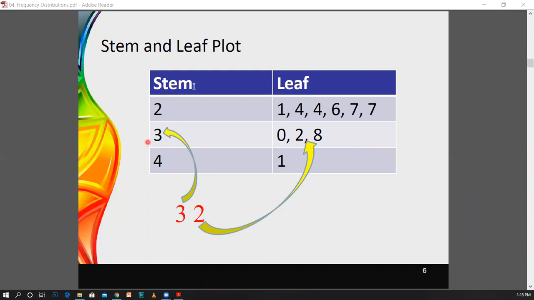And once you have obtained a stem and leaf plot, then you should be able to read the stem and leaf plot. If you consider this example, I have considered stem as 3 and this leaf is 2. Therefore, what you have to do is combine these two numbers here. Stem is 3, leaf is 2, means 3 and 2. Therefore, we can say it is the value 32. This is how we read a value from the stem and leaf plot.